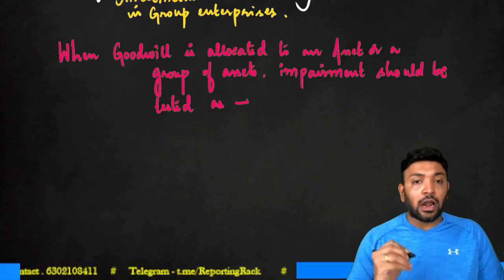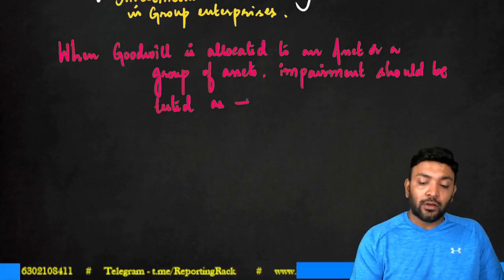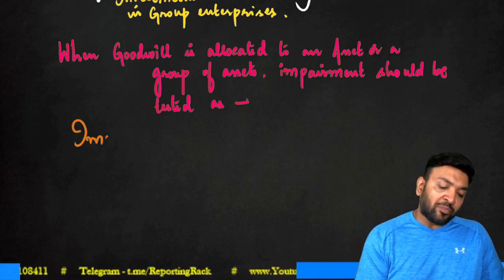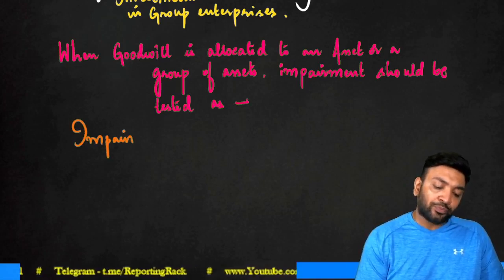How do you test for impairment? Impairment is equal to